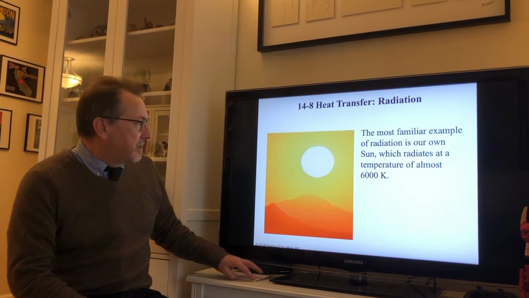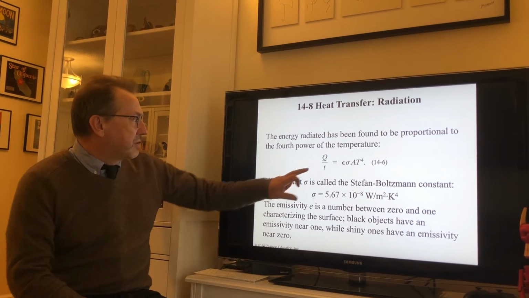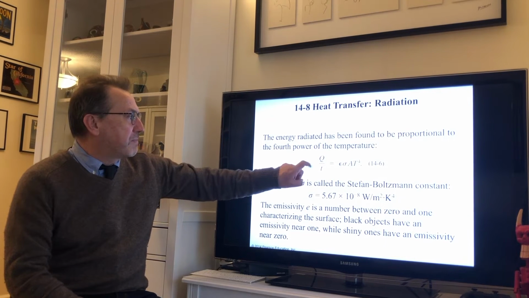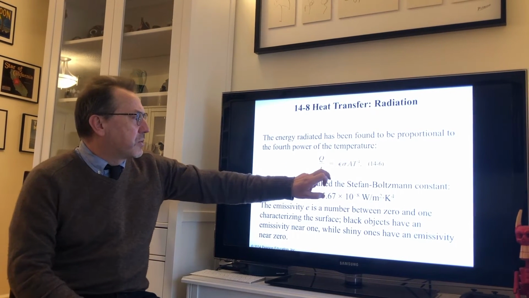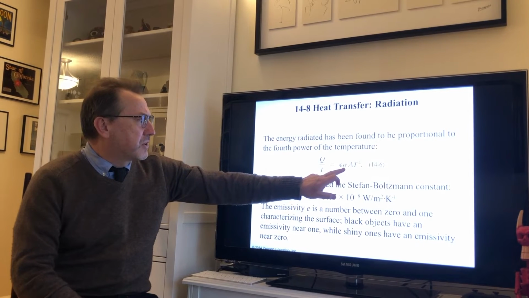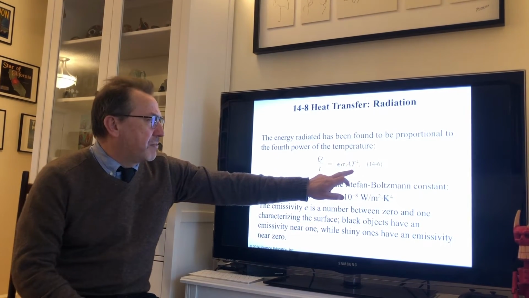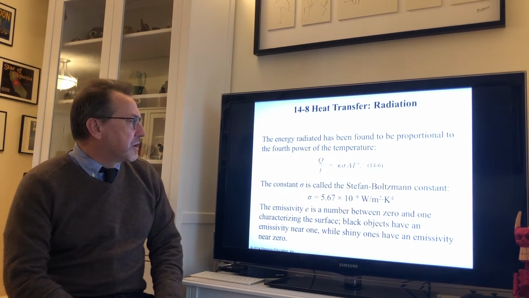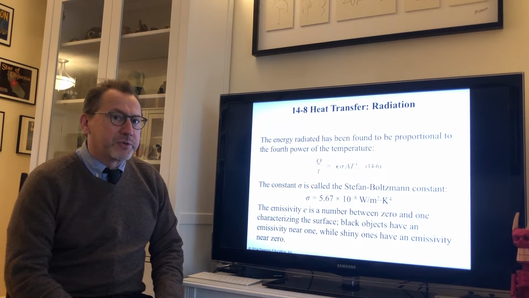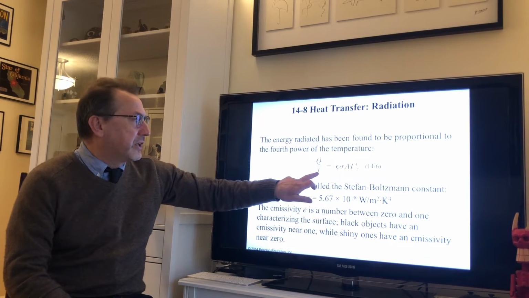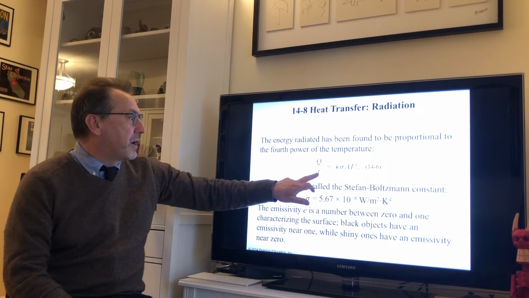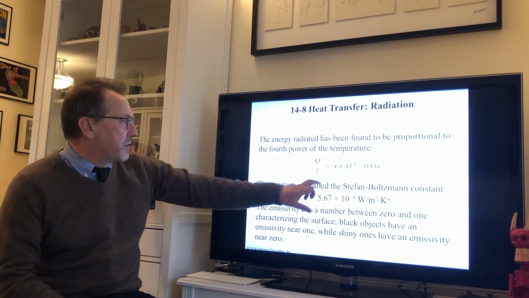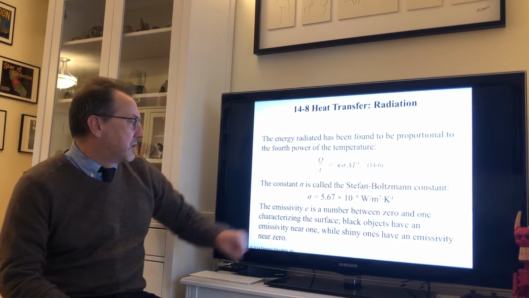We're not going to look at this in detail, but there is this law here called the Stefan-Boltzmann law, which tells us that the power, Q over T, the power radiated by an object, is equal to the object's emissivity times a constant times the area times the temperature in Kelvin, the absolute temperature scale, to the fourth power. So you can see, for example, if I were to double the temperature of an object, then the power it radiated would increase by a factor of 2 to the 4, which is 16. This constant here is called the Stefan-Boltzmann constant, and